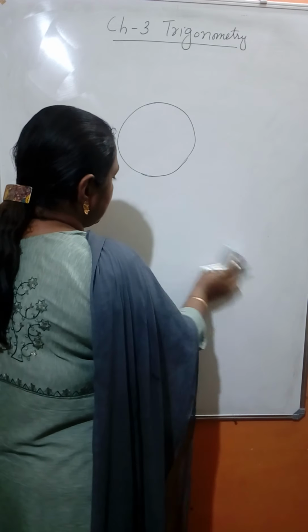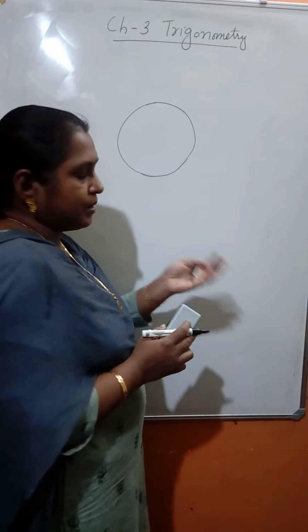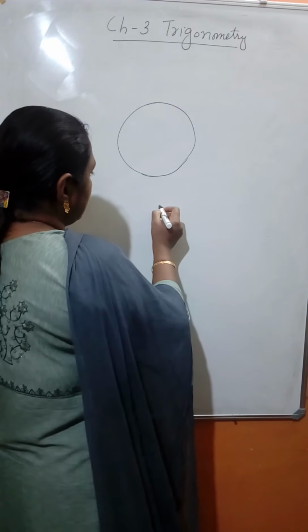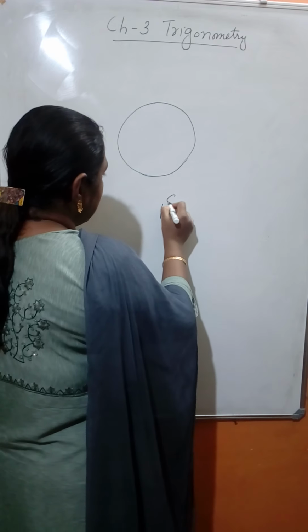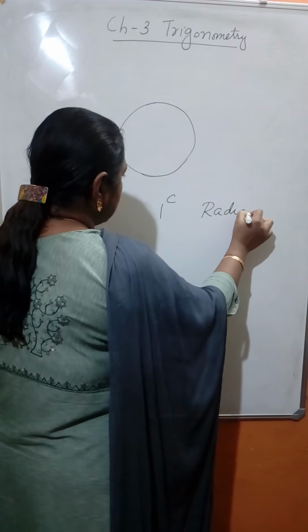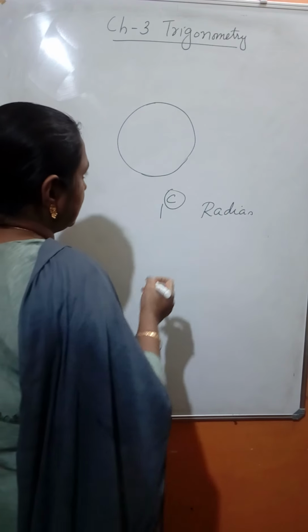Now there is one more unit. Like for length we use meter, centimeter, kilometer, likewise in trigonometric angles there is one more unit, which is known as the radian. This symbol is used for radian, with a power c we will write. This is the symbol for radian. So what is meant by this radian?